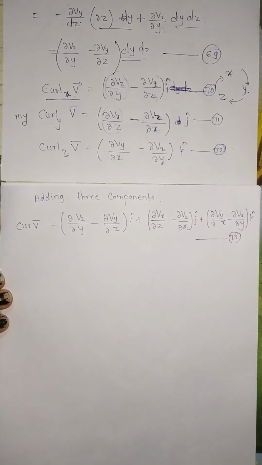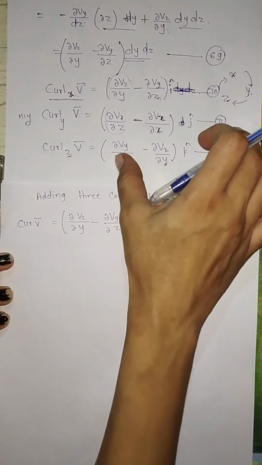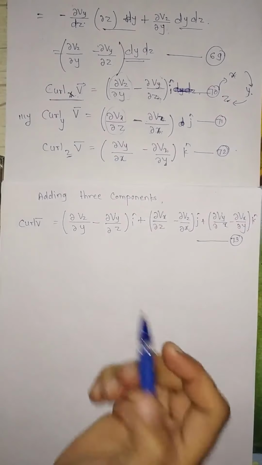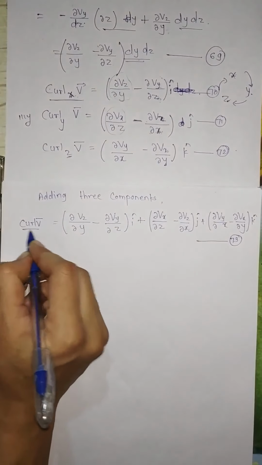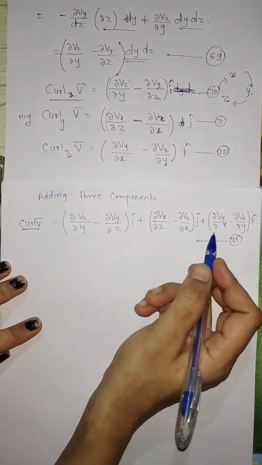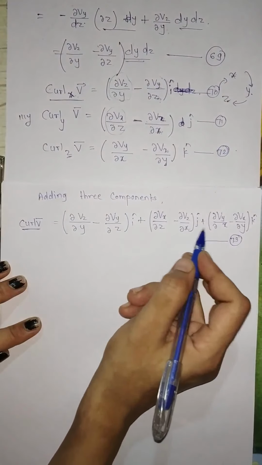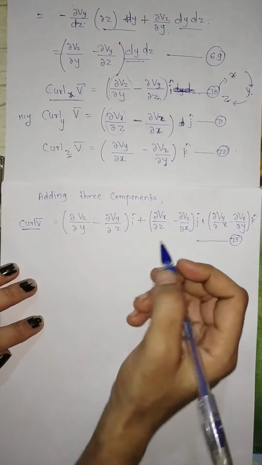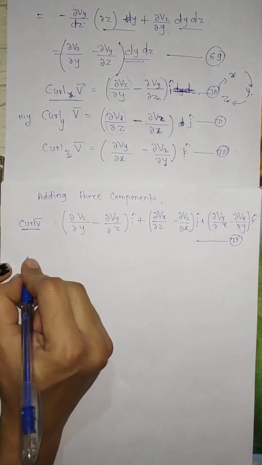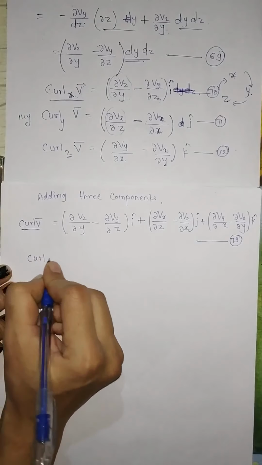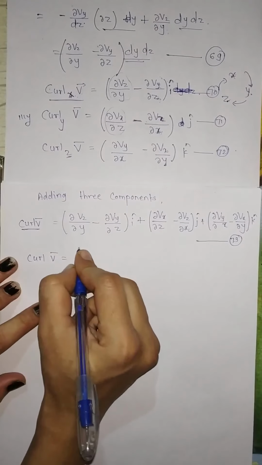By adding all these three components, we will get the curl of v bar along all these three directions i, j and k cap. The curl is nothing but the cross product, and therefore we can say that this curl v bar can be written in the form of